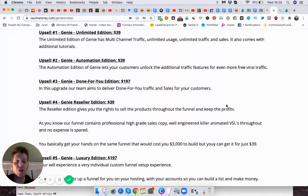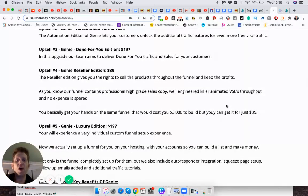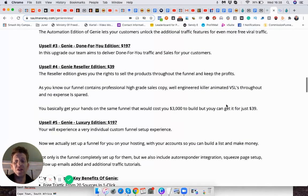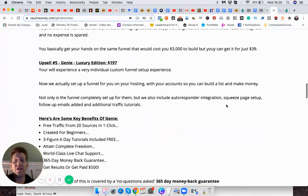The Reseller Right Edition gives you a chance to sell the full Genie as your own, and you keep all the profit. That seems like a good price, $39. And Upsell 5 Luxury Edition $197. You'll experience every individual custom funnel setup experience, so they'll set it up for you. Now we'll actually set up your funnel for you on your hosting with your account, so you can build a